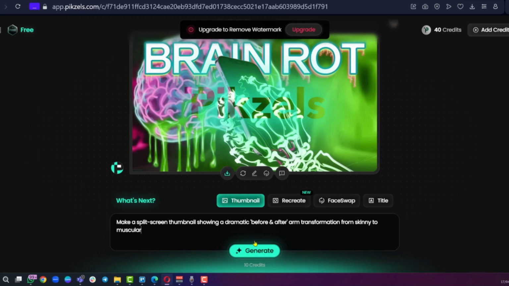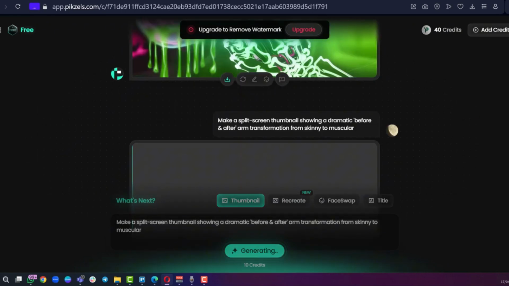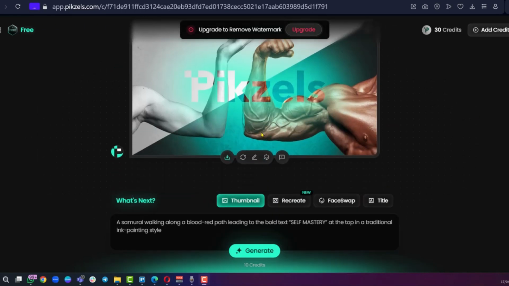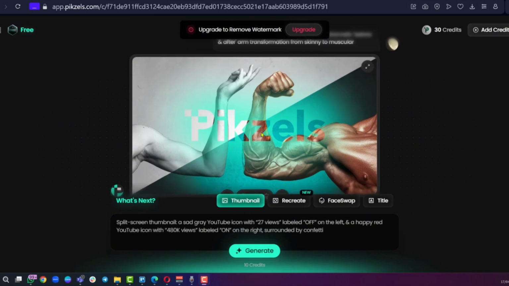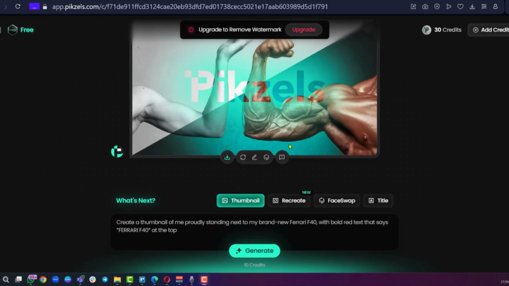We're going to lose 10 credits, but this time we hope to get another result. Click on generate and wait for the results. Great, so right here we have a better result from the little text of prompt which we provided for Pikzels. Though we lost 20 credits in our exercise, we now have a good example of what we'd like to use